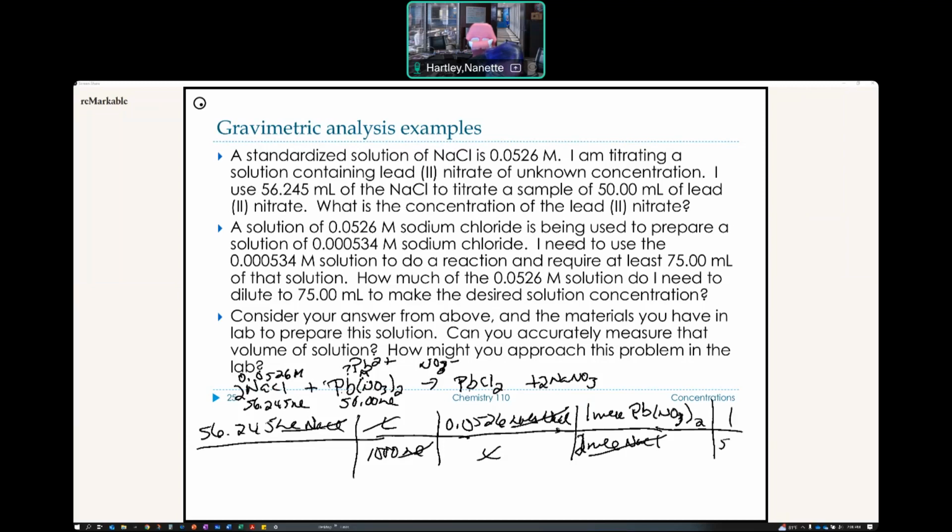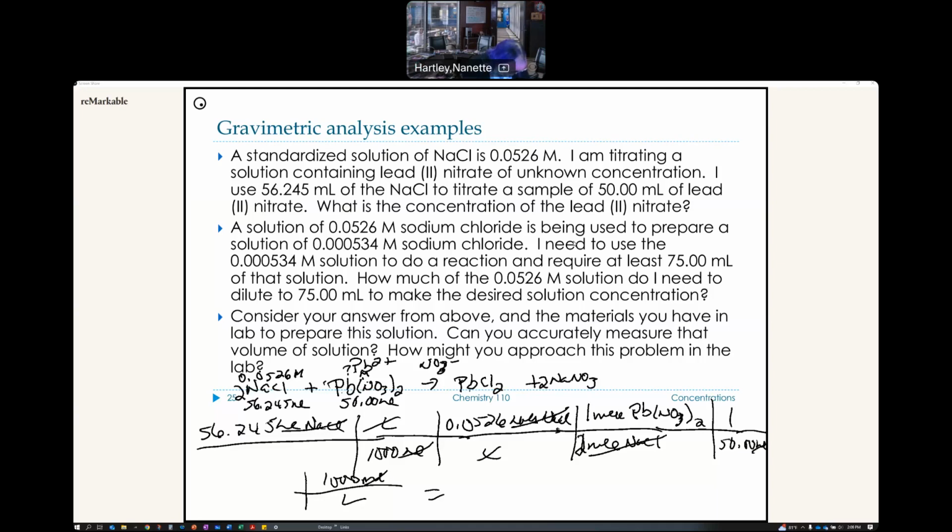Sample is 50 milliliters, and then of course tack this on because I can't fit it up there. There's 1,000 milliliters in a liter. Milliliters cancel there and cancel there, and that will leave you with an answer of